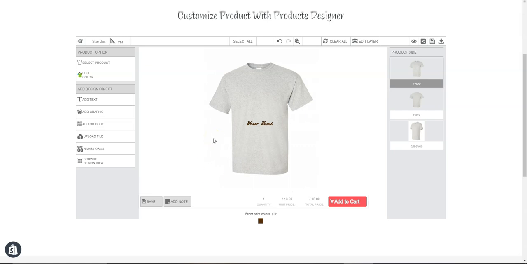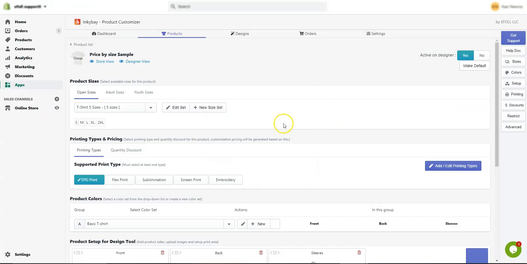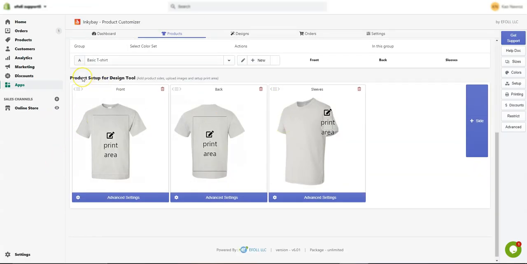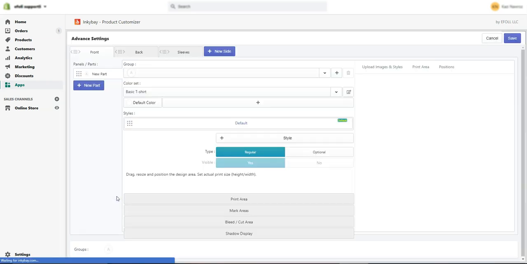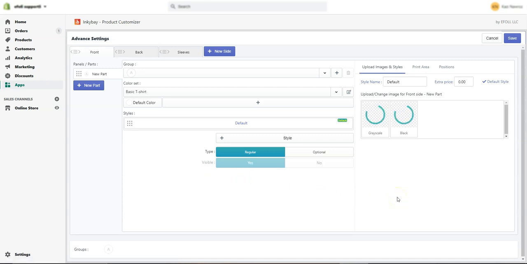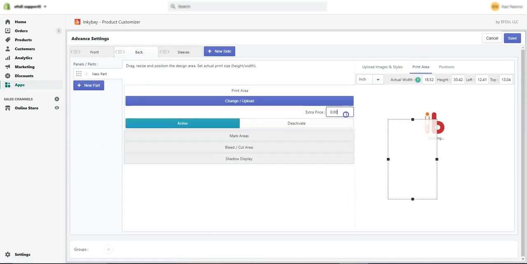Now let's go to the second method. For the second method, you need to go to the product edit page. In the product setup for the design tool, let's click on advanced settings. Now in this method, a specific price will be added to a specific side only. So let's say for the back side, in the print area, we add an extra price of $5. Now let's save it,